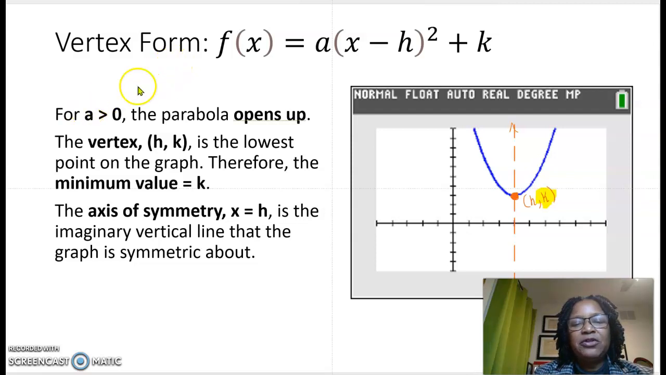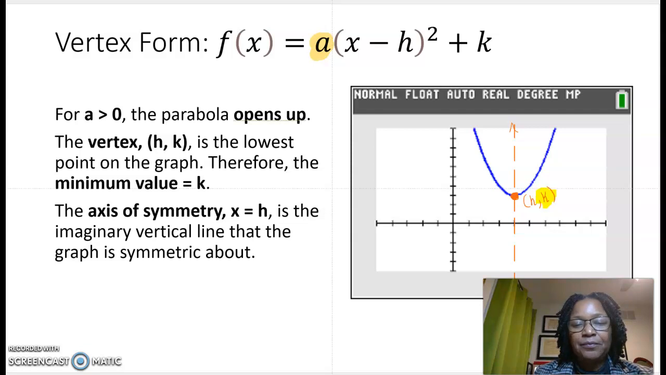All right, so in vertex form, if a is positive, so if a is greater than 0, the parabola is going to open up. The vertex h comma k is going to be at the bottom, as you can see, and so therefore the vertex is going to be a minimum. The vertex will be a minimum, and that minimum value is always equal to the second coordinate of the vertex,